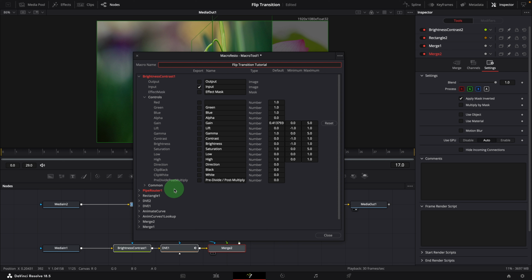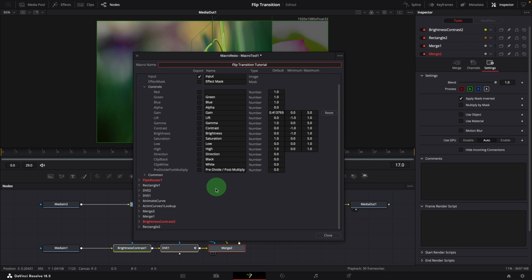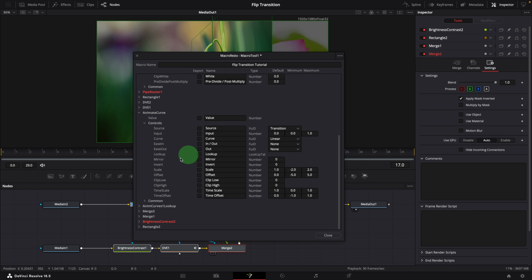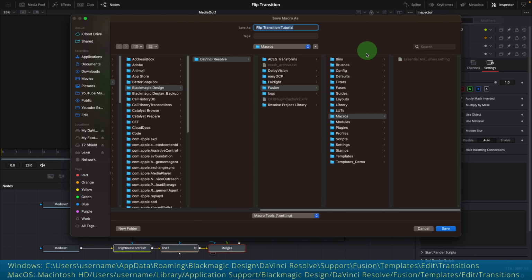Check the parameters we want to display as controls in the Edit page inspector. For this transition, I'd like to export the curve parameters in the AnimCurves modifier. Choose Save as Group from the option menu. Save the macro to Folder Fusion, Template,